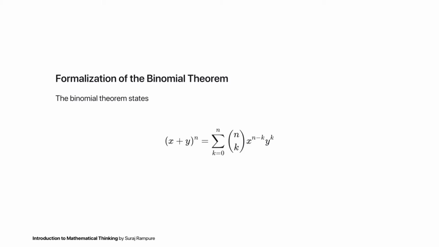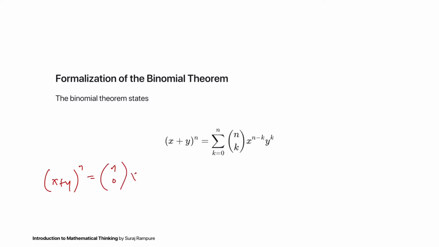Okay, so then we can formalize the binomial theorem, stating that the expansion of x plus y to the exponent n looks like the sum, going from k equals 0 to n, of n choose k times x to the exponent n minus k times y to the k. So if I want to write this out, I can say x plus y to the n looks like n